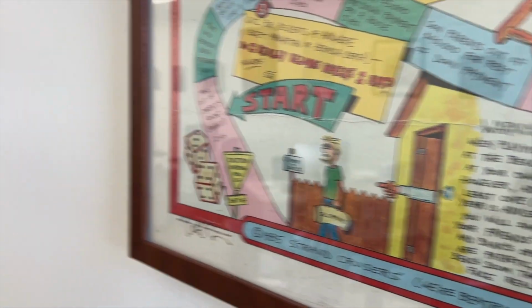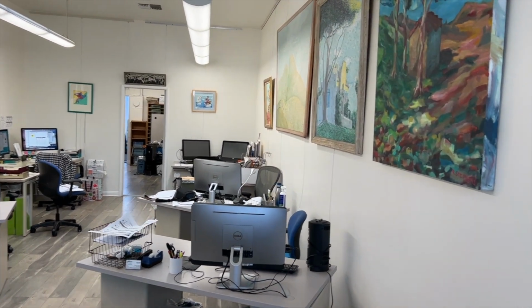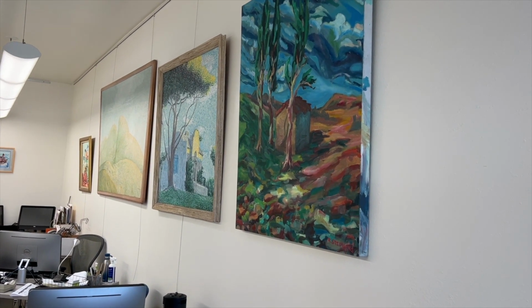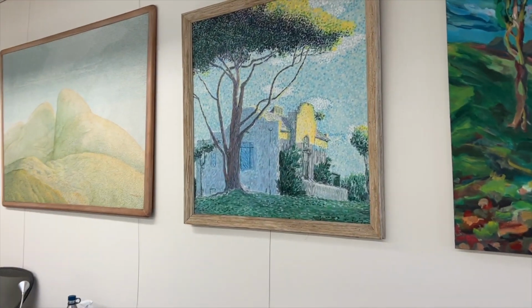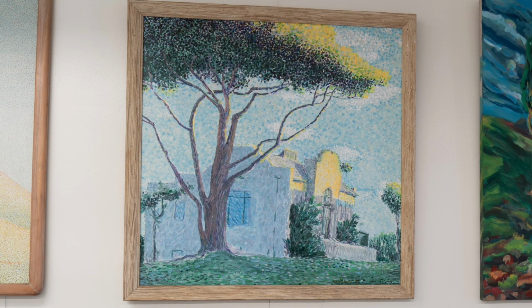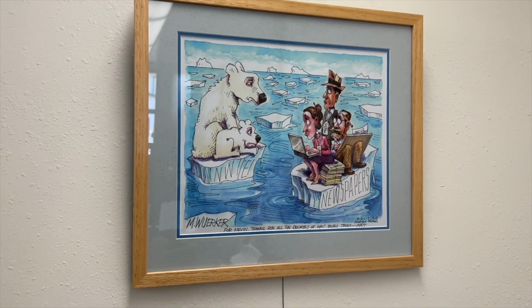The paintings along this, the larger paintings, the first one's by Richard Stevens, who's one of the Cannery Row artists, and the three behind that are by also recently deceased Wilfred Starr, who is also a Cannery Row artist and one of the area's more respected artists. That first one, of the Redondo Library with its famous ficus tree, was a cover for a story we did on the library. This is a cartoon about newspapers by